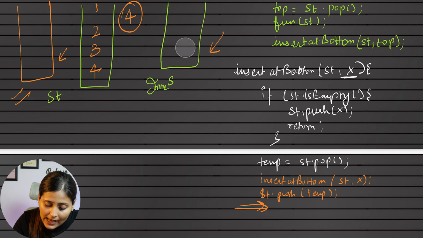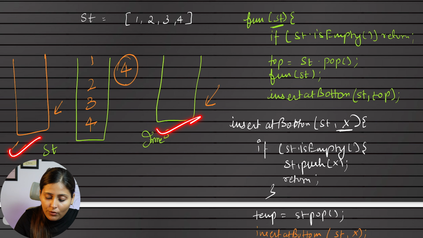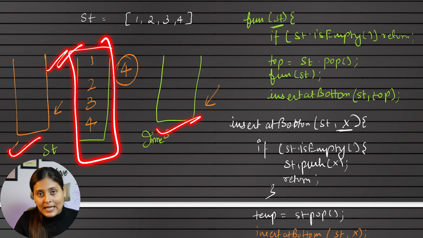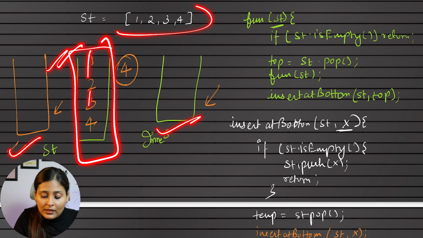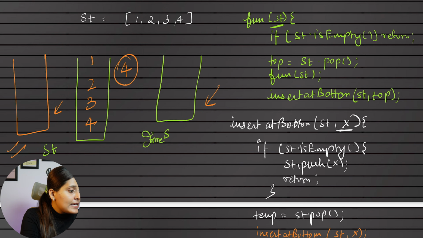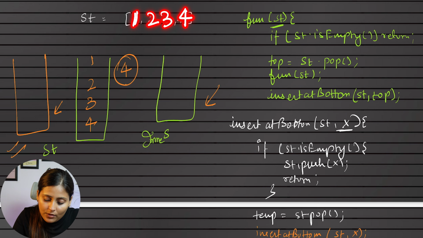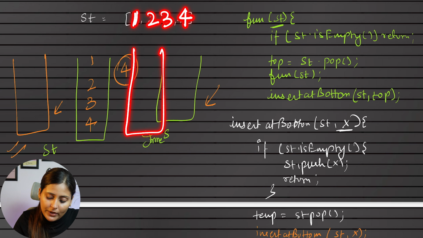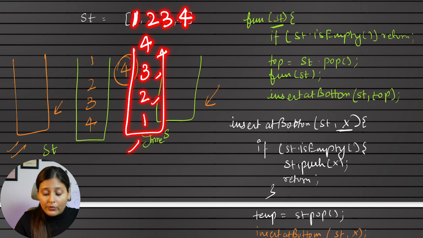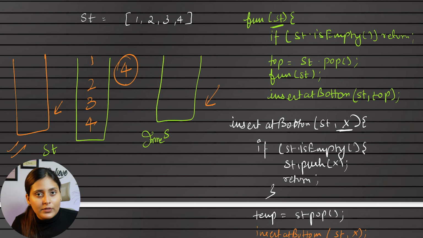So this inner stack of the main function is also empty now, correct? So at the end we have reversed the original stack. Now don't think 1 2 3 4, no. If you see here, it says the input array represents a stack from bottom to top, last element on top. So when we have read this like 1 2 3 4, we are reading bottom to top. So in the original stack it was like this, 1 2 3 4. After reversing, when we read the answer from bottom to top, it has become 4 3 2 1, which means it has been reversed, correct?